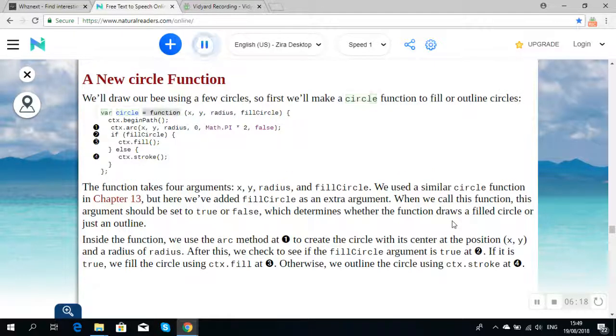var circle = function (x, y, radius, fillCircle) { ctx.beginPath(); ctx.arc(x, y, radius, 0, Math.PI * 2, false); if (fillCircle) { ctx.fill(); } else { ctx.stroke(); } };